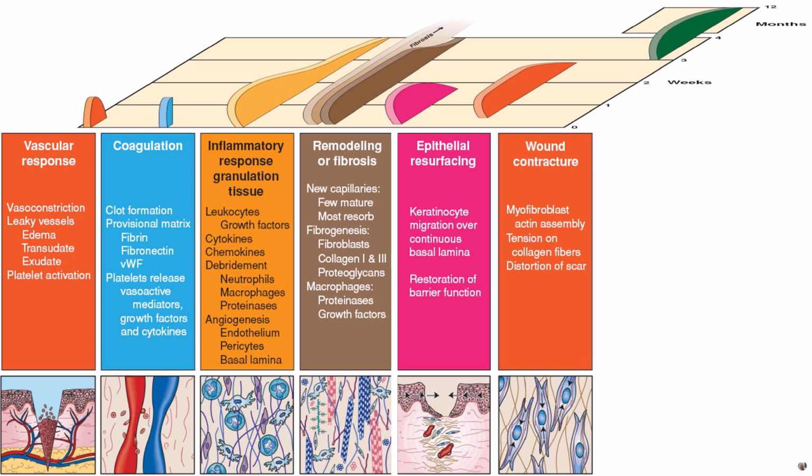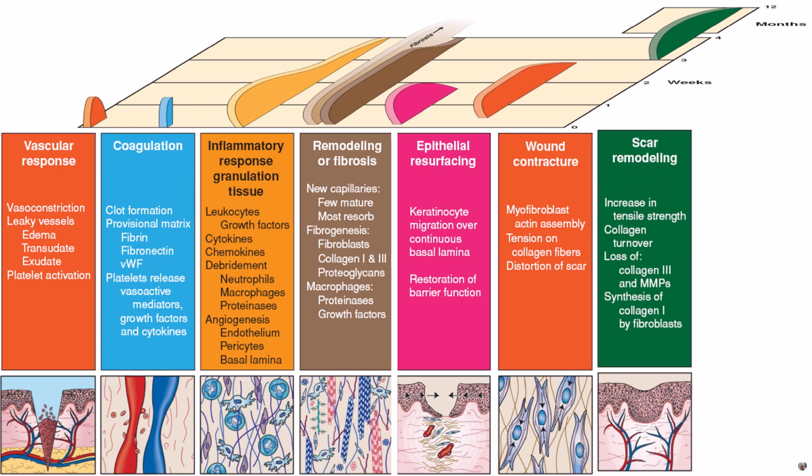Then the sixth phase is characterized by wound contracture. Here the myofibroblasts assemble actin fibers, apply tension on the collagen, and cause scar contraction that potentially distorts the scar. Then scar remodeling occurs, and this is the final strengthening phase that involves tensile strength increase and collagen turnover. There is loss of collagen 3 and matrix metalloproteinases, and type 1 collagen is now formed